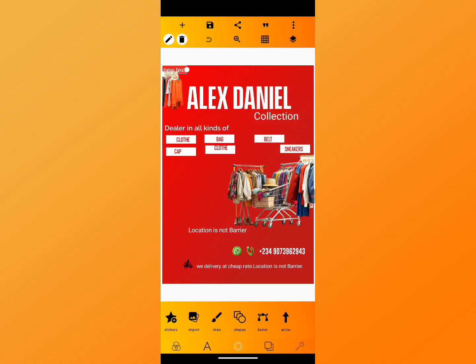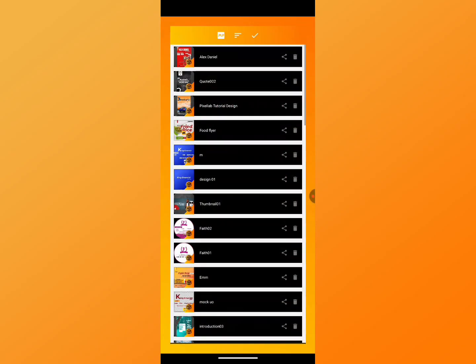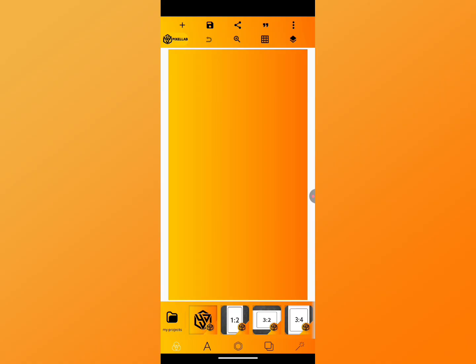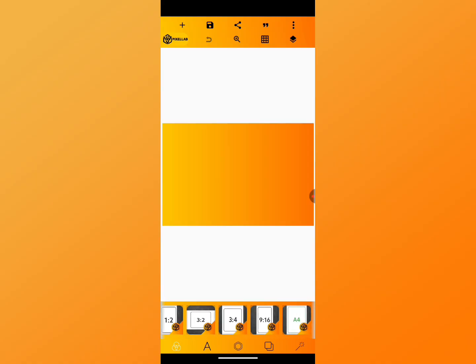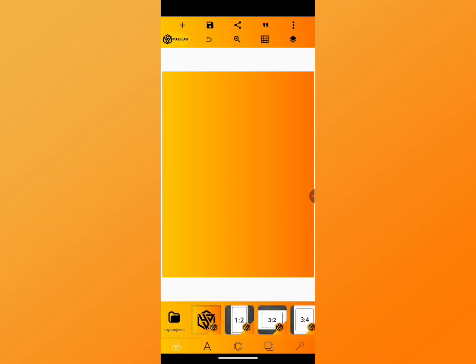So here we move to the background interface. Down here you can actually see My Projects. Here it's mainly for all that you have done on this app that you have saved. Down here you can see the shape of Canva. You can go for this, this, this, and choose any of these. I will also make a video on